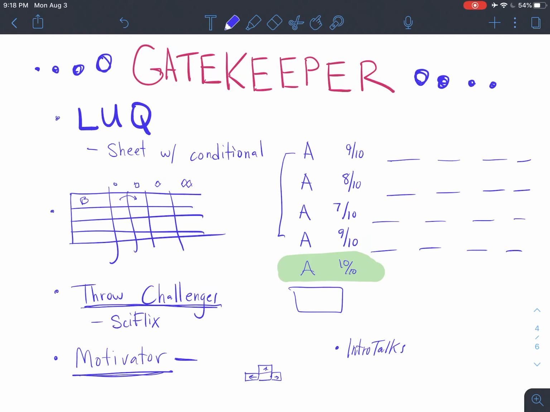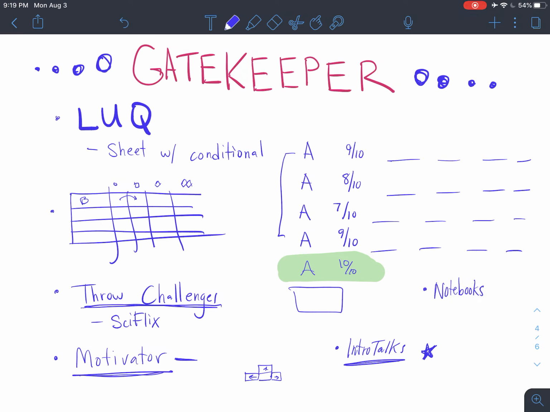So it's really a different style of teaching. There's a lot more opportunities to meet one-on-one with students since you're not in front of the classroom giving all of the directions for every assignment. Those intro talks then become your opportunity to give some of those lectures or tell stories or share the news with your students, but also to address patterns and misconceptions. So that's going to be another way that you can be a gatekeeper here: if you see a lot of students getting stuck or hung up on certain things, then in those intro talks you can clarify that for the students.